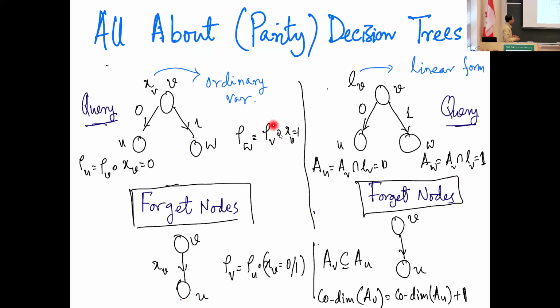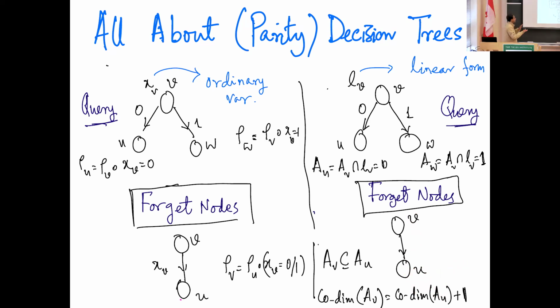Over here, it's a little bit more subtle, because you just descend into an affine space which contains you. So there's no clear notion of what you forgot. You can always recast it as forgetting, but you have to change the basis perhaps. So all you can say, in this linear algebraic language, is that the codimension of the space that you descended into decreased. So the dimension of the space increased. Okay. So these are the two kinds of nodes, and now I'm only going to talk about decision trees in the rest of my talk.